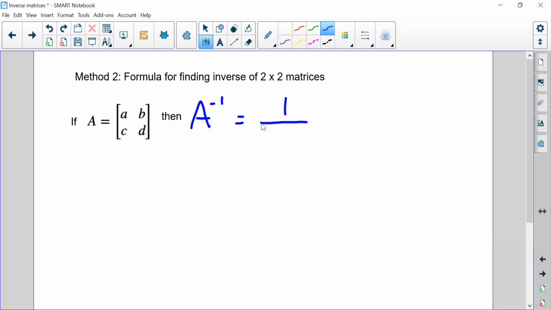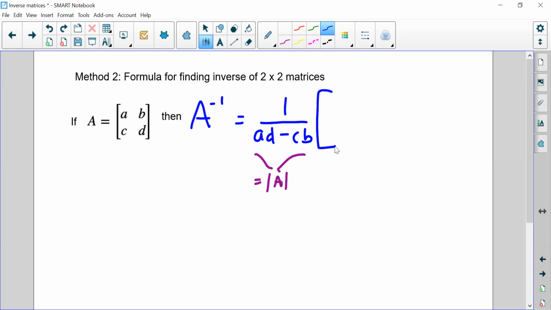How do you find the determinant of a 2x2? A times D minus B times C. So you're going to do your diagonal down, A times that D, minus your diagonal up, C times B. So that's our formula there. You might want to make note that that right there is equal to the determinant of A. So it's 1 over the determinant of A